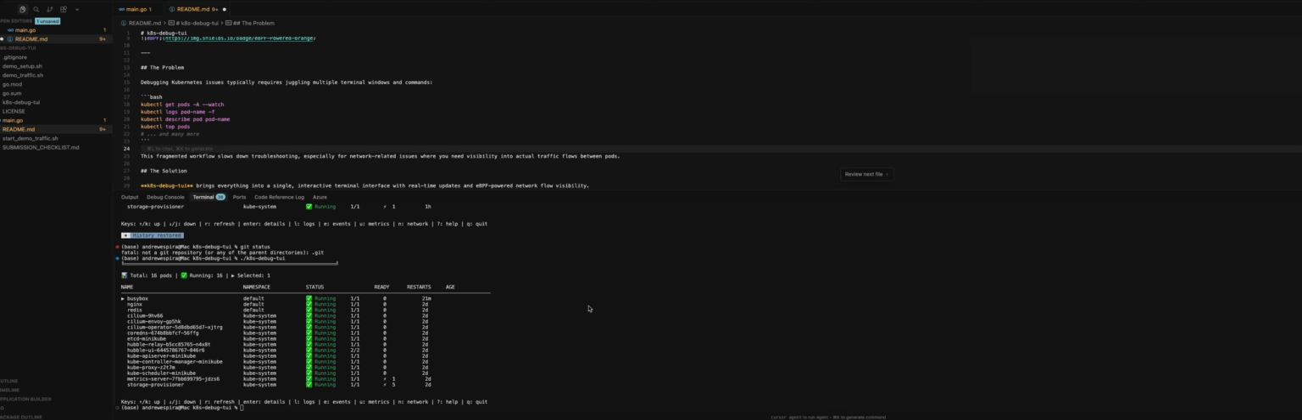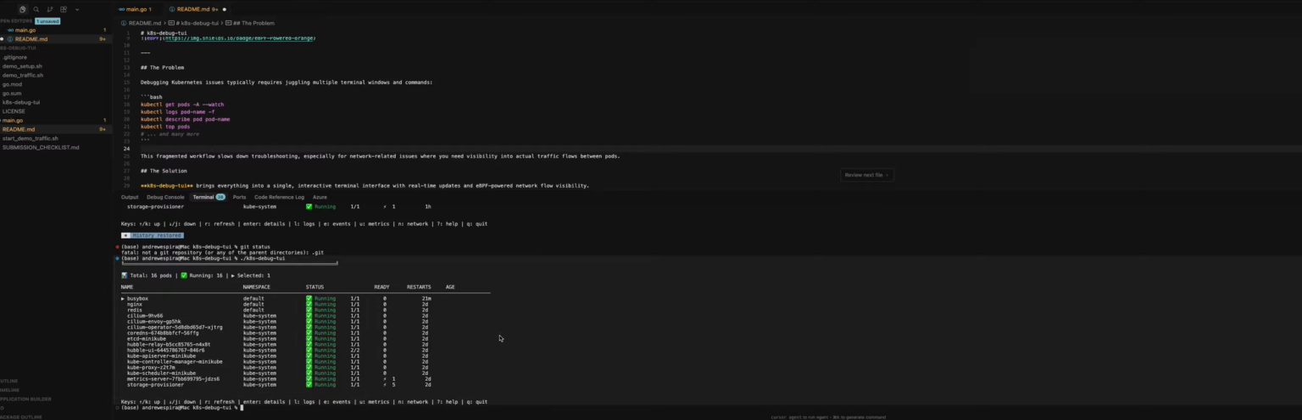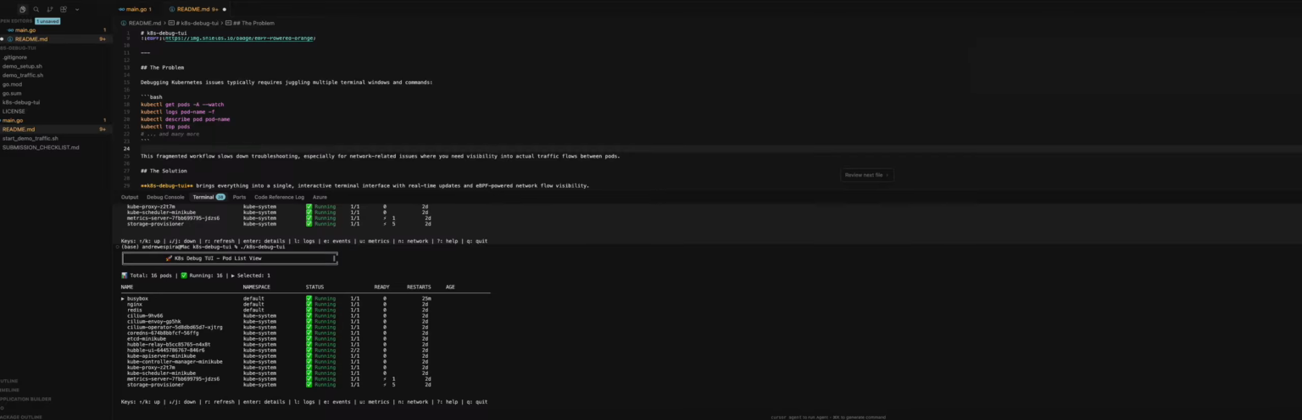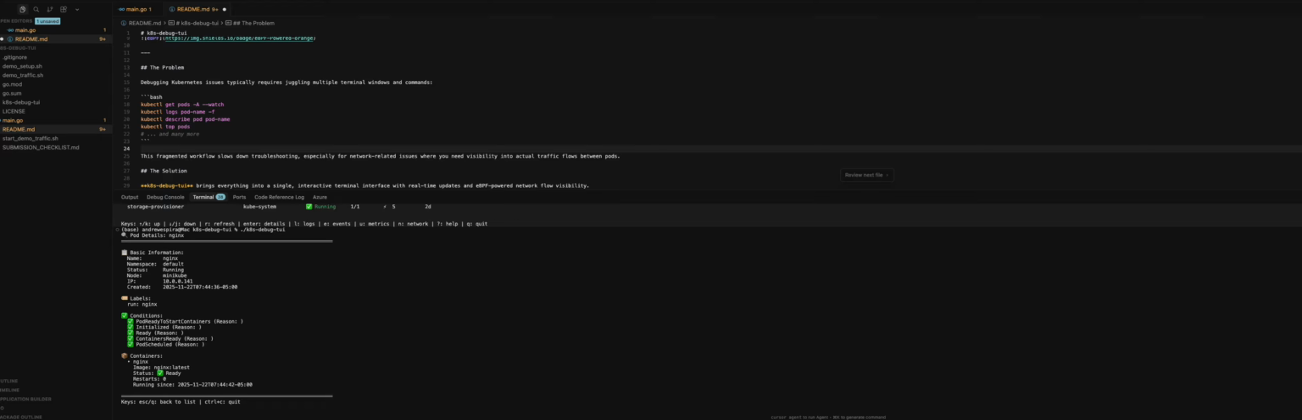So it's technically a debugging tool. Here, you start to get a full view of the cluster, running pods, services, and all those things. And then you can open a single cluster, and then you're getting different information about the pod,